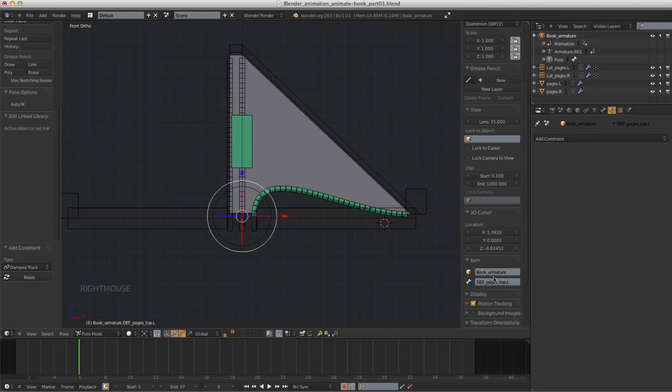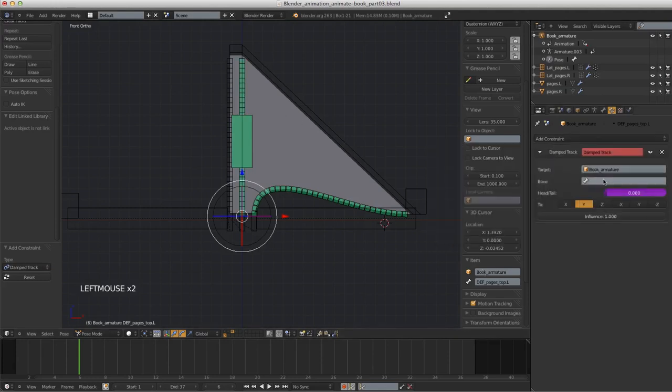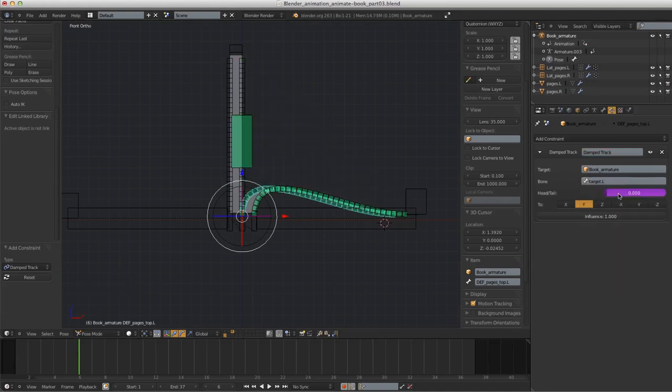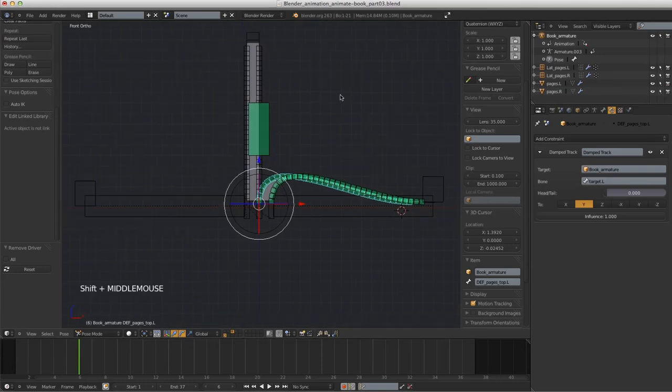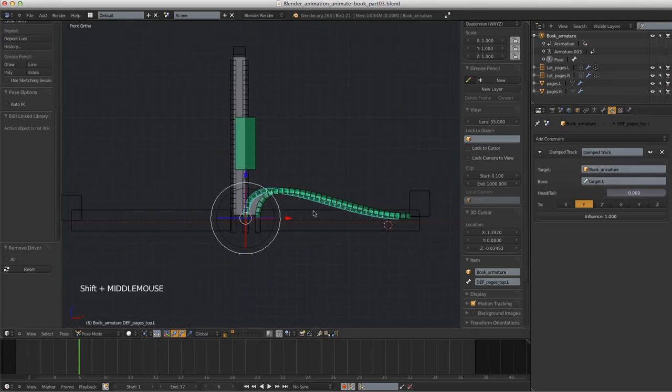If I select the top.l here, same thing, I'm going to add damp track, bone armature, and that's going to be, again, the target.l. So let me delete these drivers because this is from some test I was doing before, sorry. So it shouldn't be like that. And as you can see, we can actually control the head and the tail